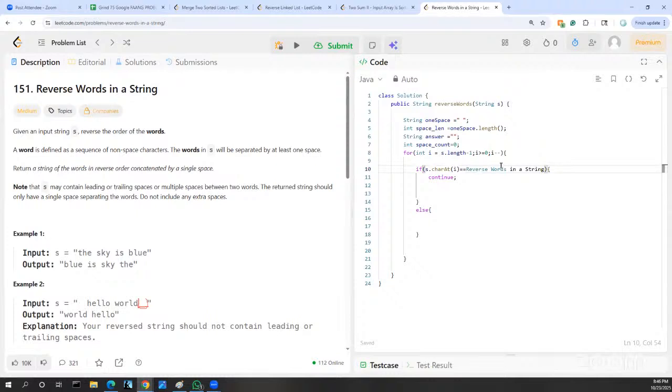If it is one space, nope. This. If it is equal to